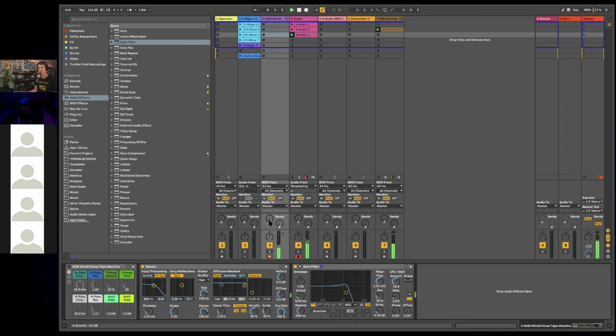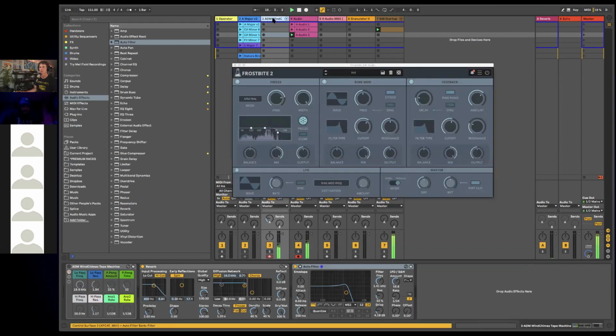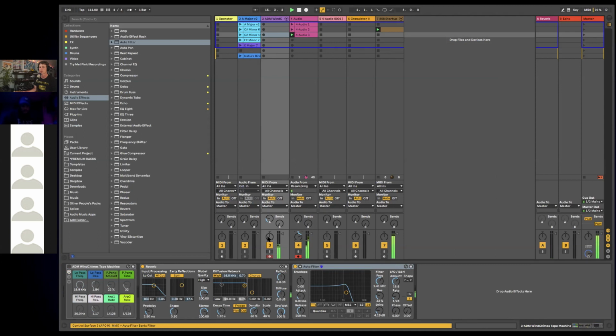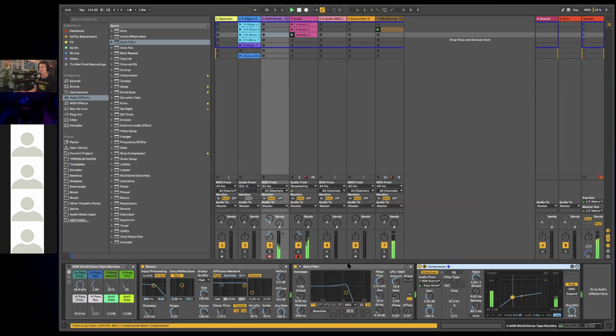We've got these two different types of freezes going on. One from Ableton's reverb and the other one from Frostbite. So we could just put this also on this track too. Now they're both moving with the